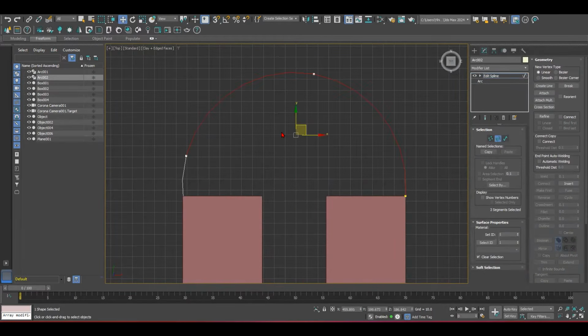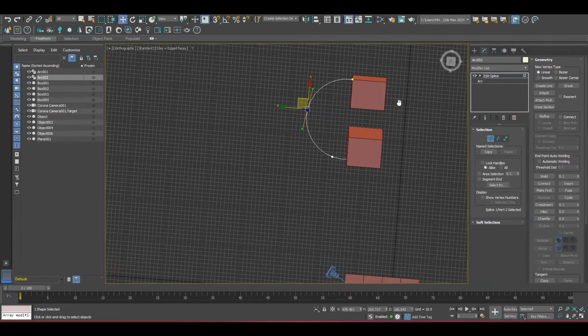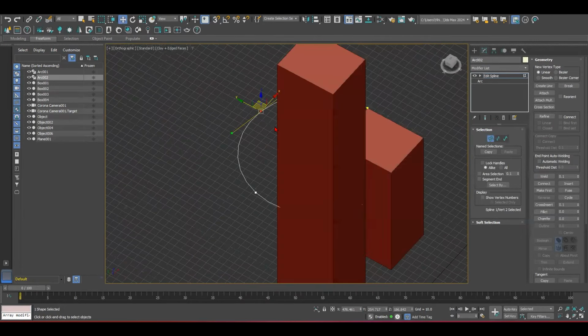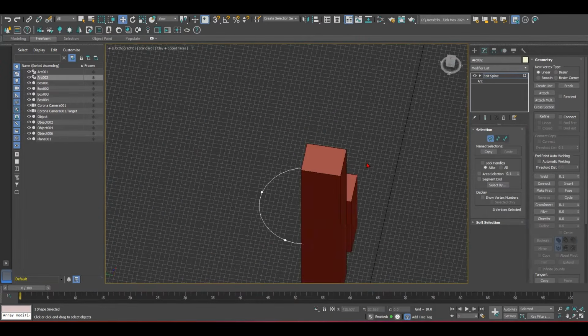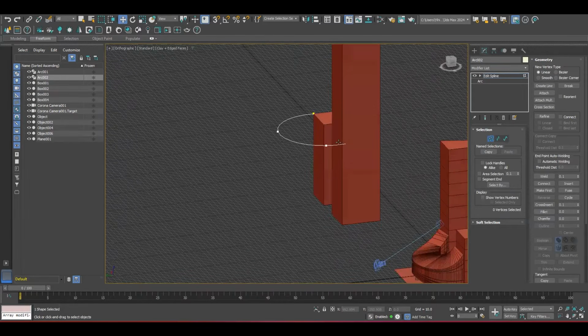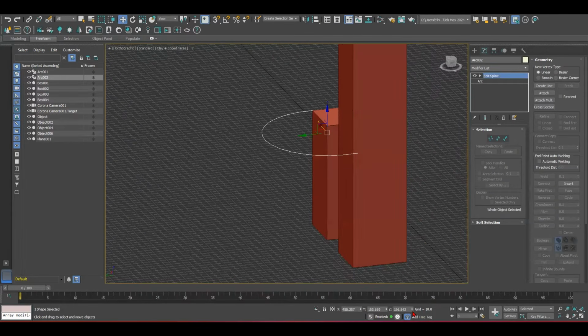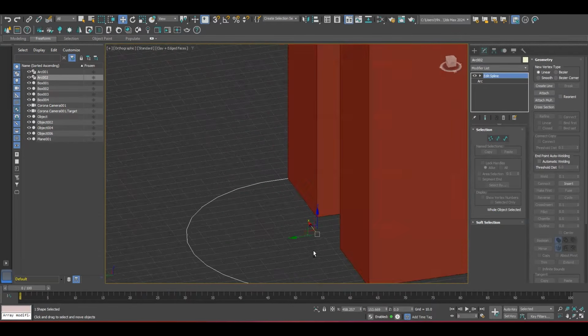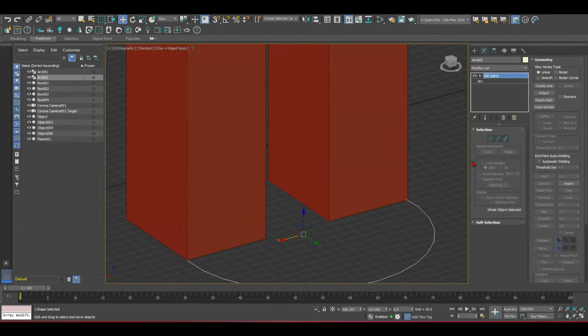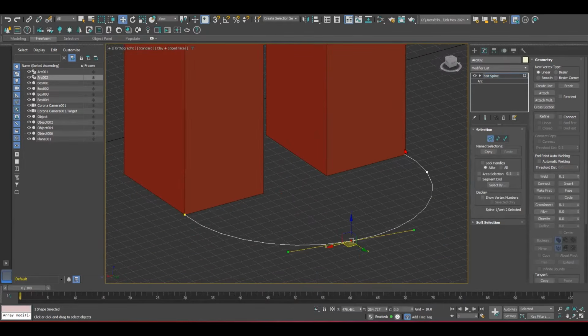Now I'm enabled to edit on the polygons, the vertex. Okay, so now I need this to be the same level as here, so be 0 in the z-axis. What I need now is to add more vertices, a more smoothed arch, so I can edit on it in the future.